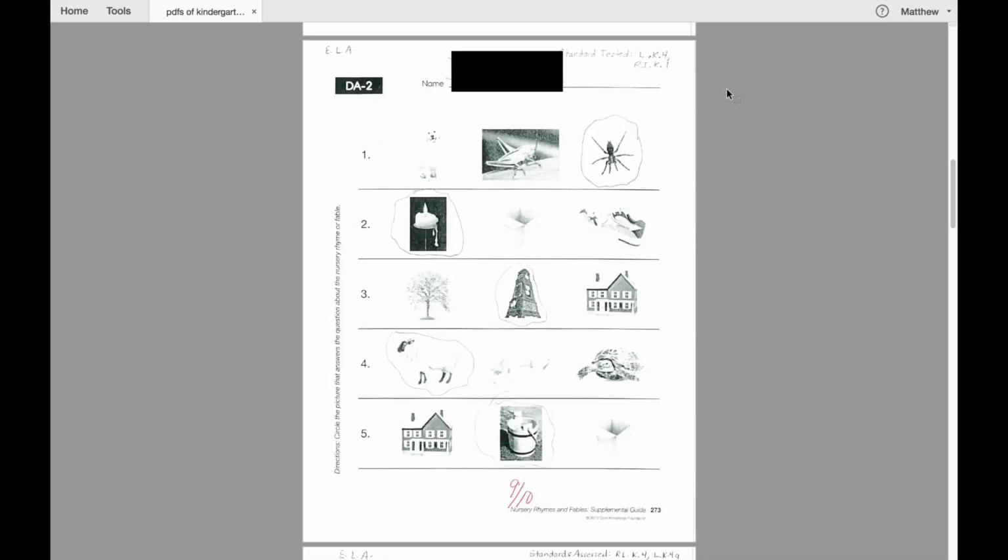Now we will go into how to determine a standards-based grade. Here we have a sample ELA assessment for kindergarten. As you can see, this assessment addresses standard RL.K.1, or with prompting and support, ask and answer questions about key details in a text. The purpose of this assessment is for the teacher to determine whether or not the students